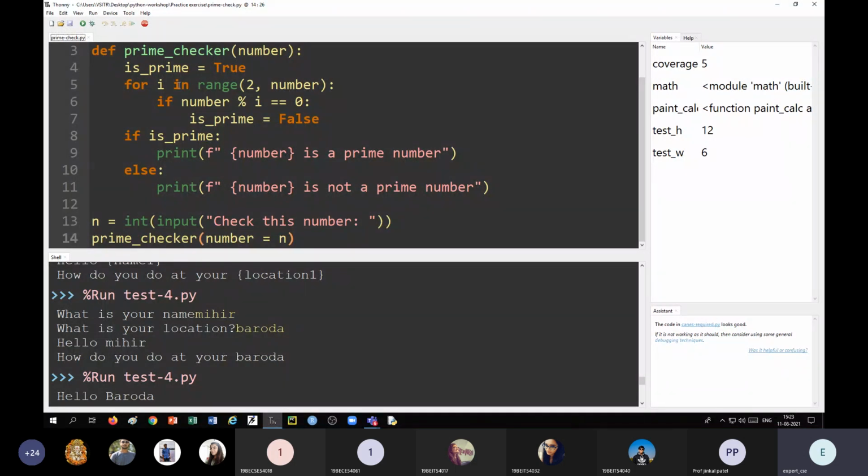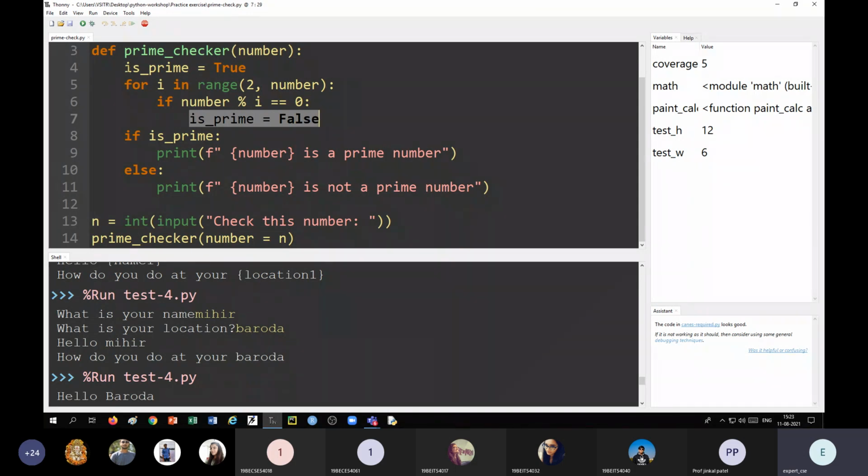So for i in range, for example, 2 to the number, if number % i is equal to 0, is_prime equal to False. When it comes out from the loop, if there is no number which divides the number we are supposed to check, then it will not set False to is_prime.